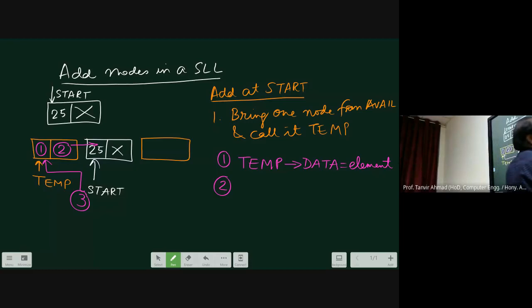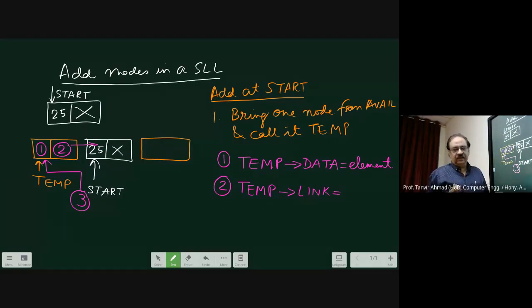So this is called temp of link. And what you need to do is put the address start into that. Now in that case, start will have some address which is given by the OS, and therefore I will be putting this start over here.